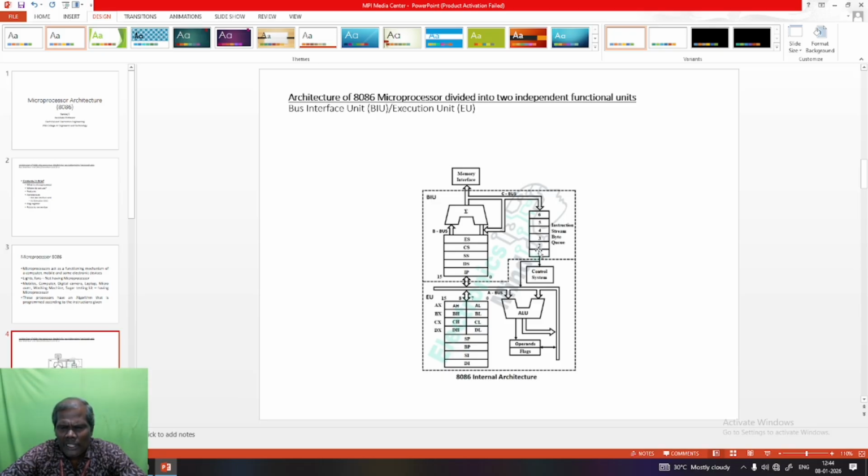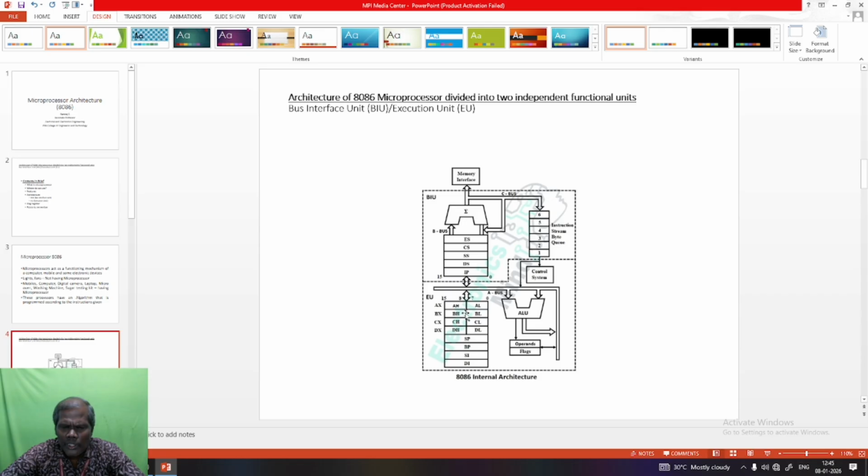From the queue, that instruction will be given to the execution unit. If the data is directly available in the prefetch queue, that value will be directly given to the execution unit. Suppose the input data is given in address form. At that time, it will be given to the control system. The control system will find or decode the instruction. Then after decoding that instruction, that value will be given to the execution unit.